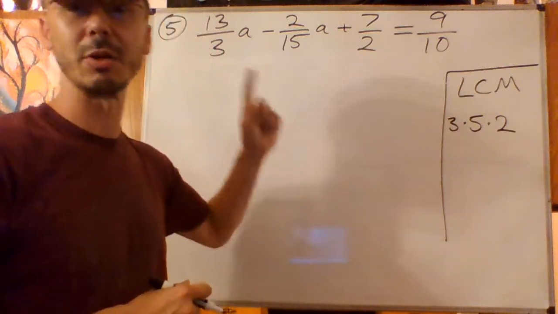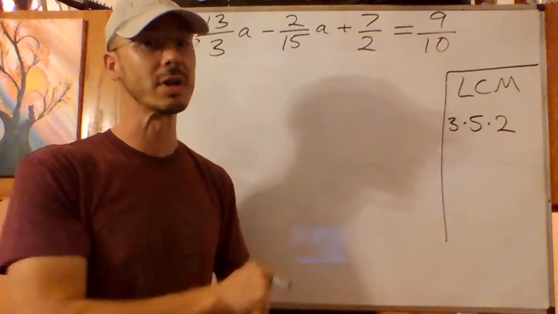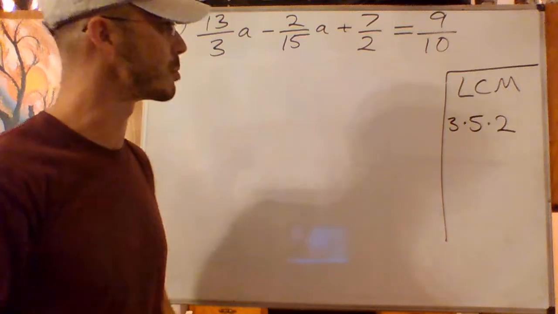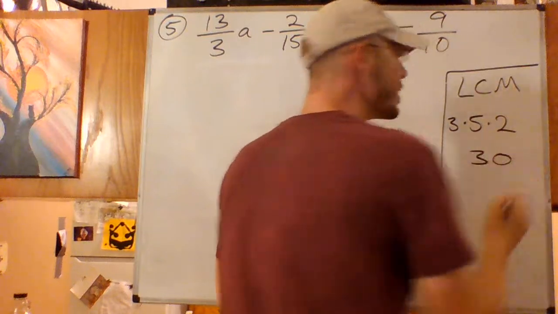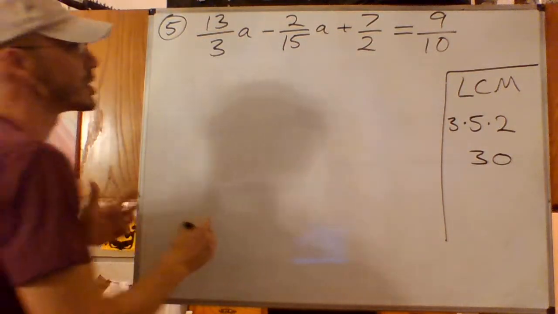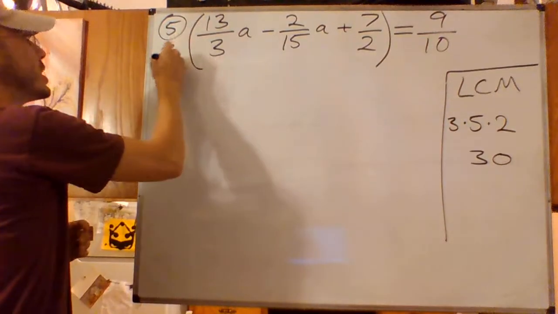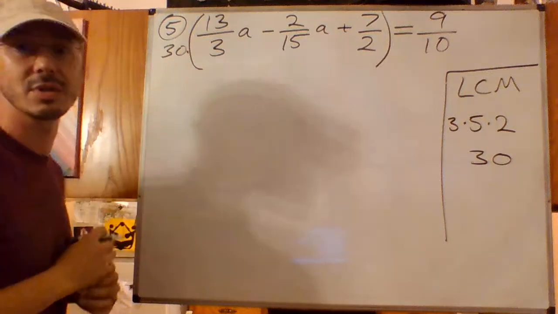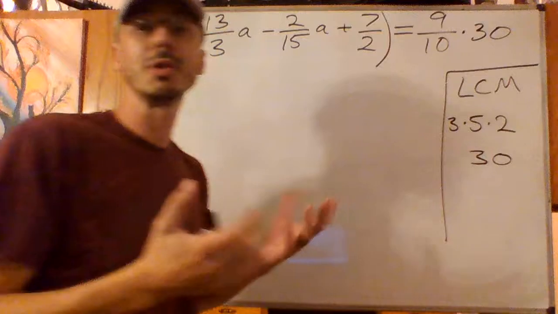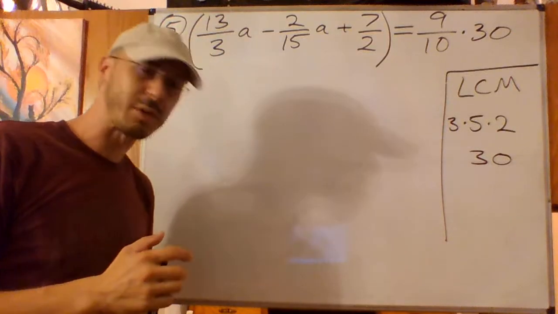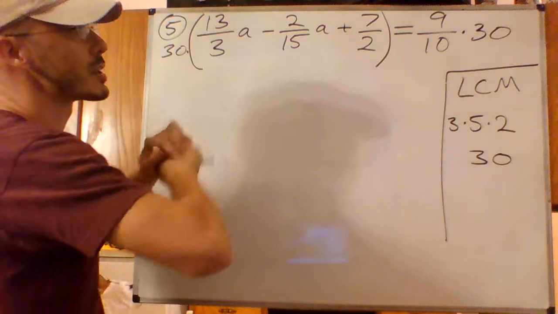You can get a common denominator by multiplying all 4 of those denominators, and you'll have a big number. It'll work, but it's a lot of work to work with larger numbers. The least common multiple, what is that? 15 times 2 is 30 is the least common multiple. And that's what I'm going to do. Multiply the whole side of the equation by 30. So 30 times on that side, also times 30 on this side. That's the multiplication principle that I'm using. It's not really the steps for solving that simpler equation, but we do the same thing to both sides, and